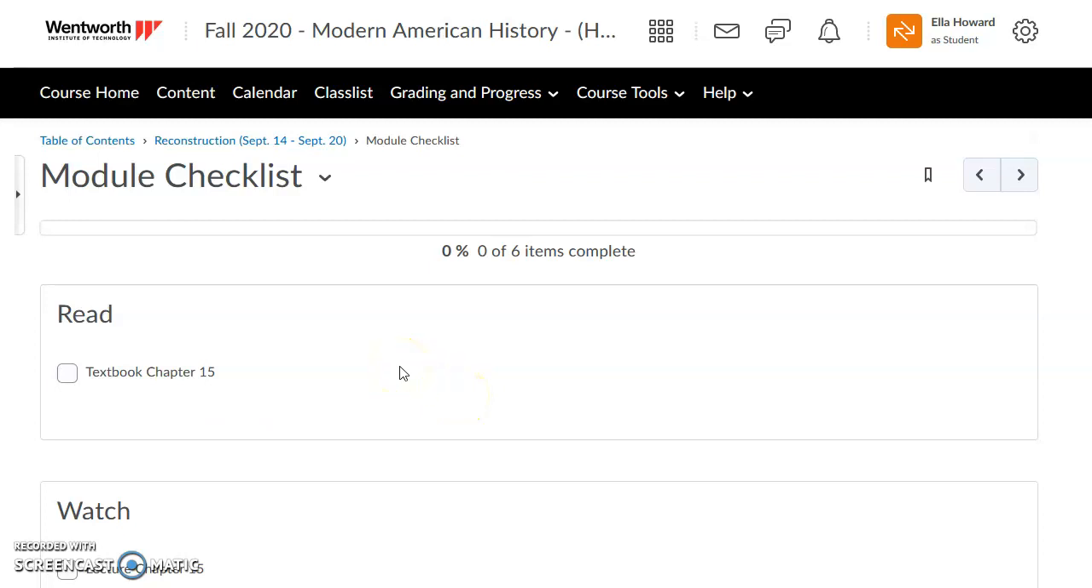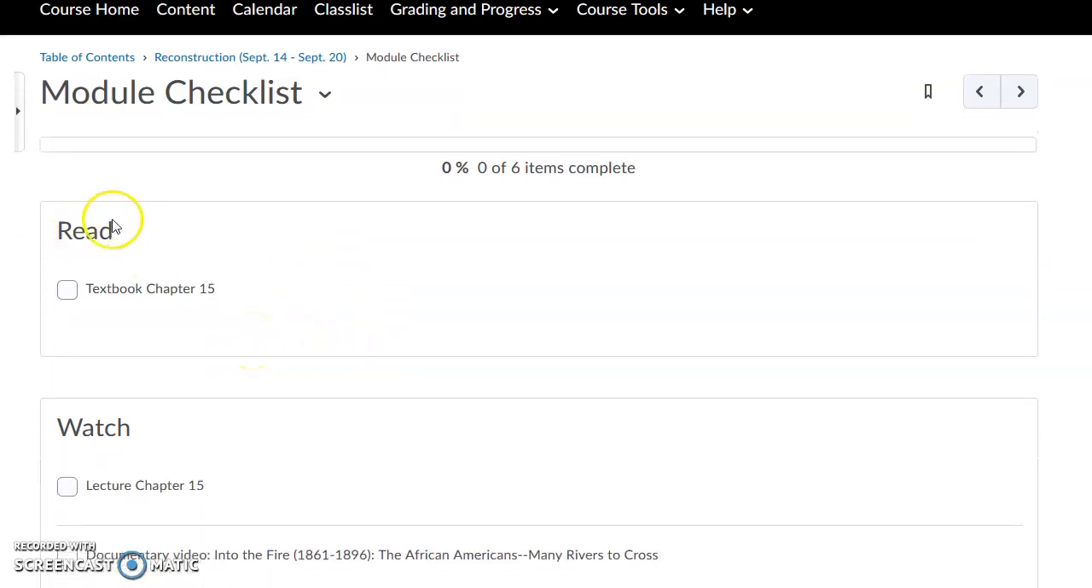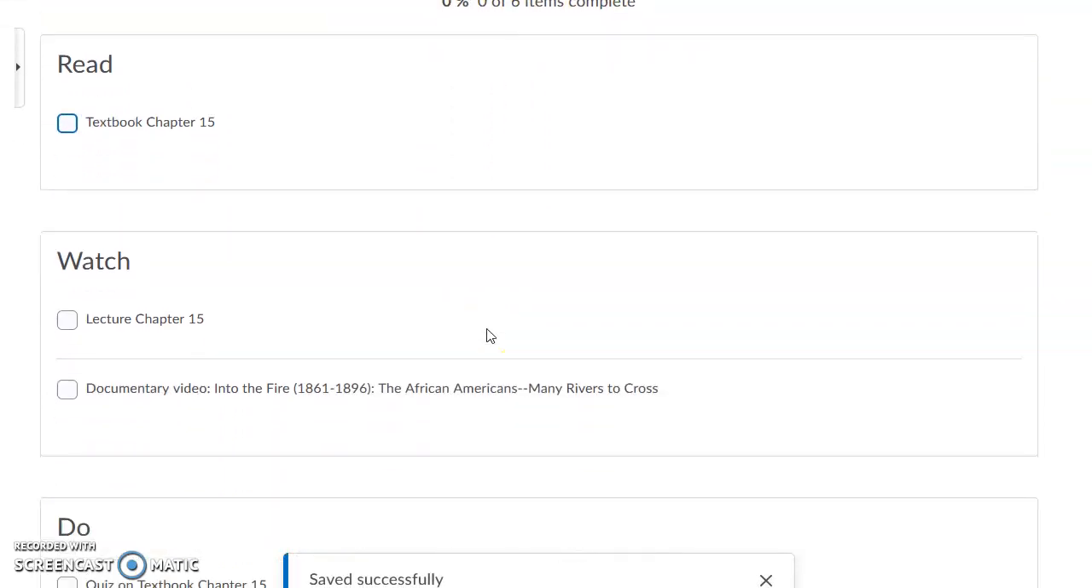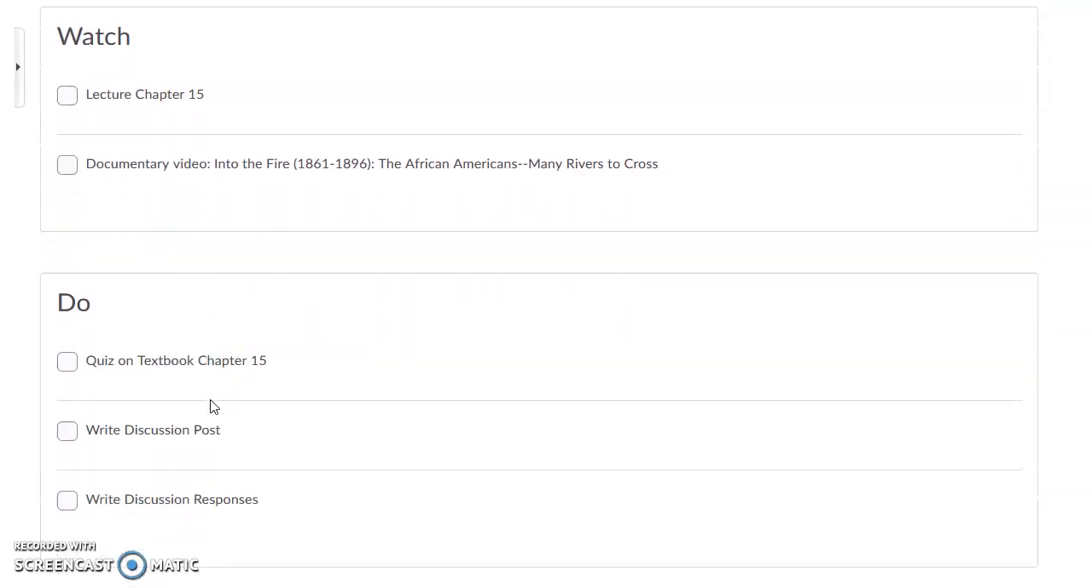I set this up using the 3 options that our friends in LIT had suggested: read, watch, do. So I went with things for them to read. And here you can see when they finish reading this chapter, they can manually check it off for themselves. And then it'll keep track on this bar for them at the top, letting them know how many of the items they've completed. These are what they should watch: my lecture, the documentary from Films on Demand, and then the